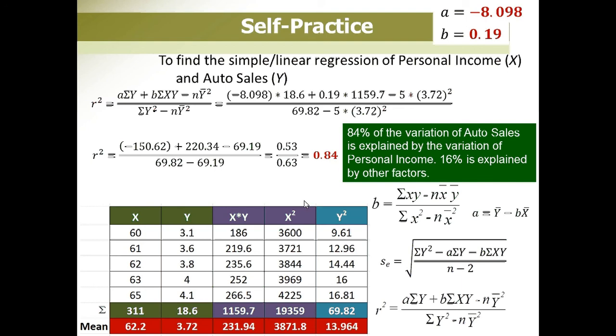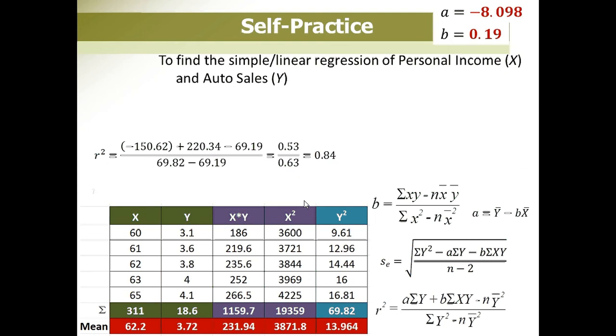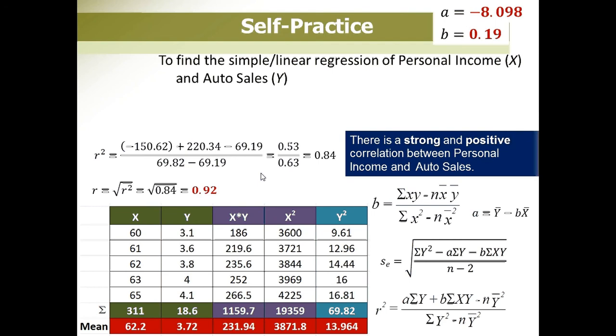If we want to calculate the coefficient of correlation, it is the square root of r squared. So we use the square root of 0.84, and then we get 0.92, which is larger than 0.7. So we say there is a strong correlation. Whether it is positive or negative, we look at the b. Now in this case, the b is a positive number, so we say there is a positive correlation. So the final interpretation is there is a strong and positive correlation between personal income and auto